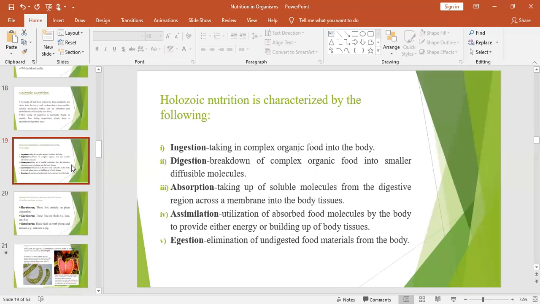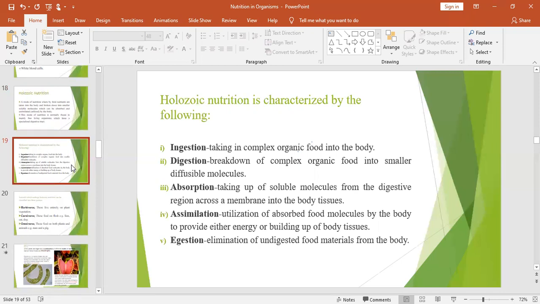Grasshoppers do the same. Cows, goats, and what do the same. Then there is breakdown internally, actually in the colon, which we now call digestion. So it breaks down complex organic molecules into simpler ones, so these simpler ones can diffuse across the walls. Then once they are broken down, they have to be absorbed. So we call it absorption.